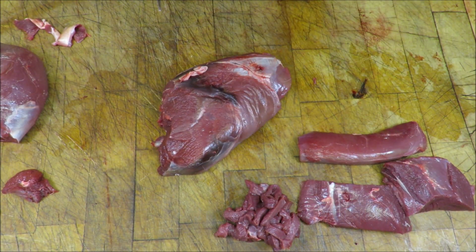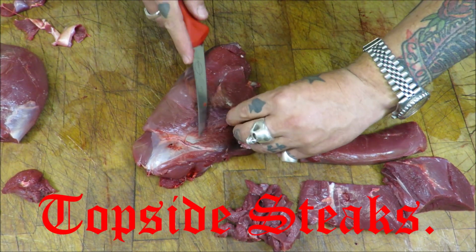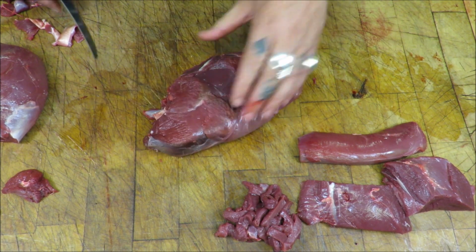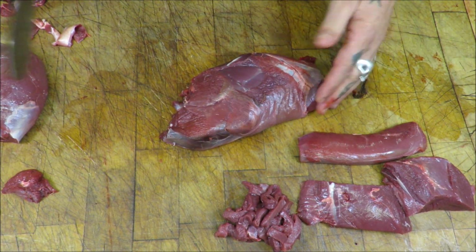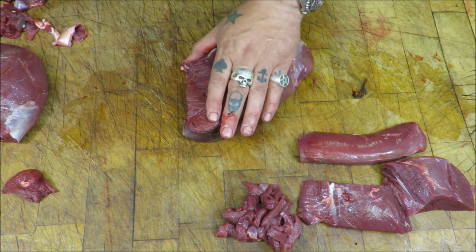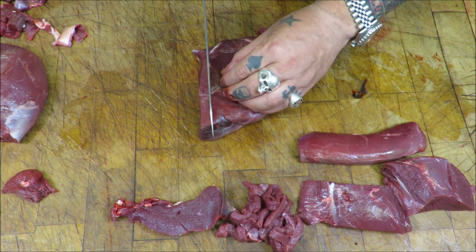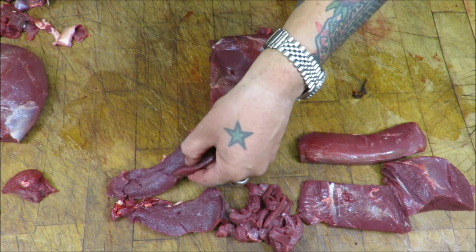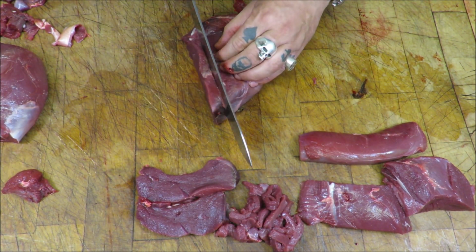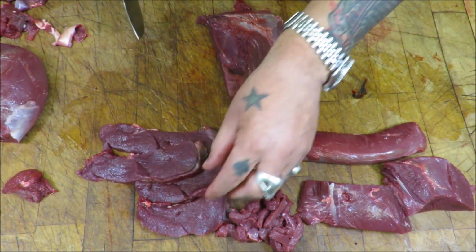So onto this top side then, what I want to do is cut this into steaks. So I'm just getting rid of that dry meat where it's dried in the chiller, and then just trim off any funky bits. Now as you can see, I'm cutting across it a little bit, and that's going to give me a longer, thicker steak. As you see, these come off now. They're a great size, and of course you guys and gals over in the US, if you've got white-tailed deer, these will be epic steaks for you. Absolutely fantastic. So just nipping through these,